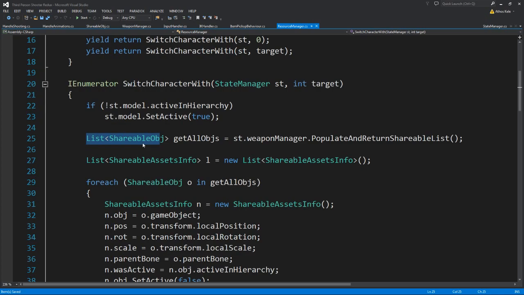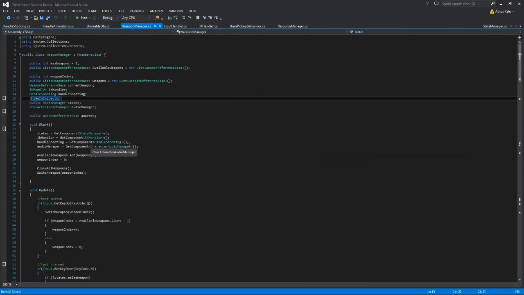We need to create a list of shareable objects where we store all the objects we want to save. We have a new function in our weapon manager, and there's a reason why we keep that in our weapon manager: it populates and returns a list with all the shareable objects we have under our character. So let's go into our weapon manager,